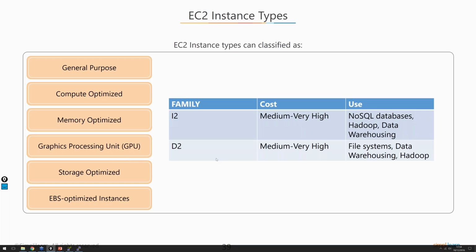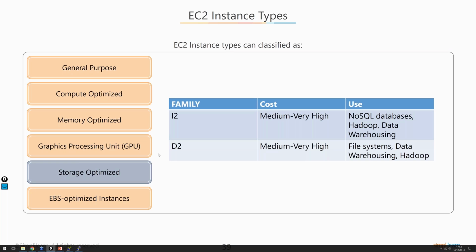And one of the last types we have is basically the storage optimized family type, which means it has less CPU and less memory, but it has loads of super quick storage, and it's used for NoSQL databases, Hadoop, and also data warehousing, where the D2 is actually used for file systems, data warehousing, and other applications like Hadoop. Which means if you need loads and loads of IOPS on the drive, so you have lots of read, write, and all those